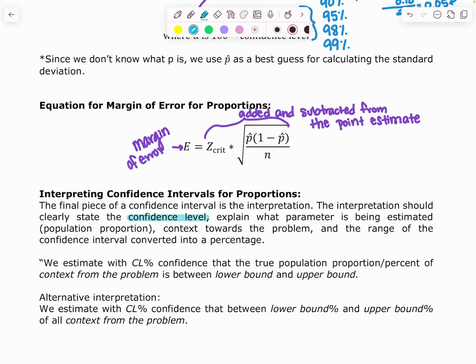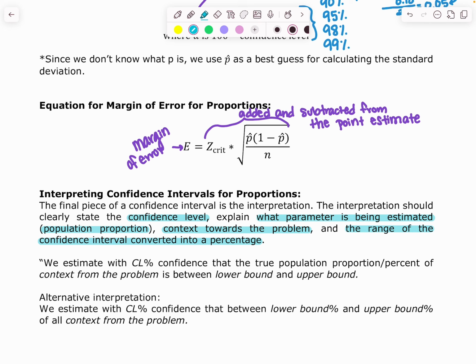What was the percentage of confidence we were given? What parameter is being estimated? So in this case, we are looking at the population proportion. Context towards what it is that we were estimating. And then the range of the confidence interval